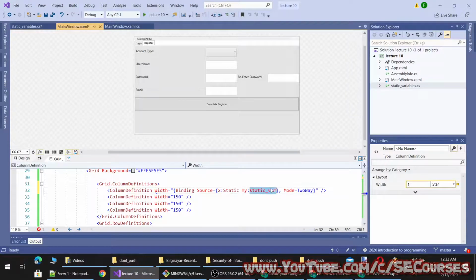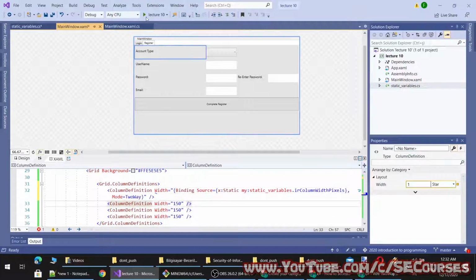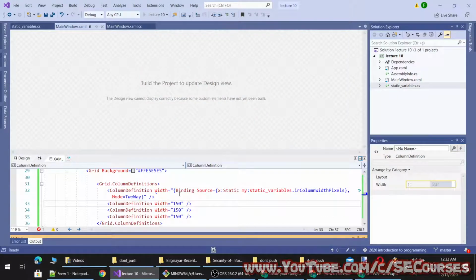Static extension, and okay, when I run it, I am hoping that it will work.